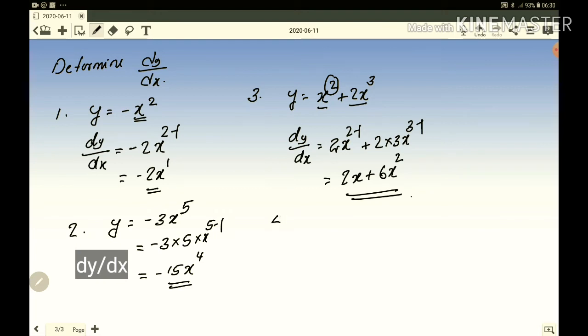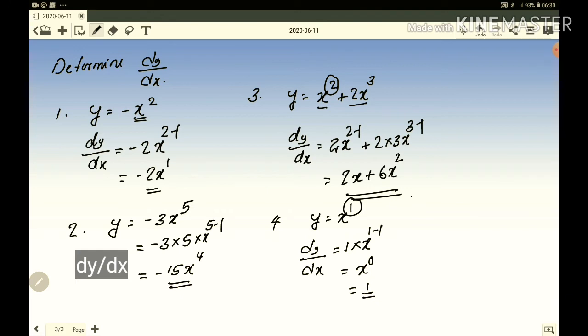Now, question number 4. Y is equal to x. That is why I changed the power, because I wanted to do this one specifically. Y is equal to x. You just follow the rules, because you know what is the power of x. If no power is given, you know that is 1, isn't it? So after the differentiation, just follow the rules. Y becomes dy by dx, which is equal to this power 1 will come down times x to the power 1 minus 1. So it's going to be 1 times a number is that number itself, that is x to the power 0. So the final answer is 1.